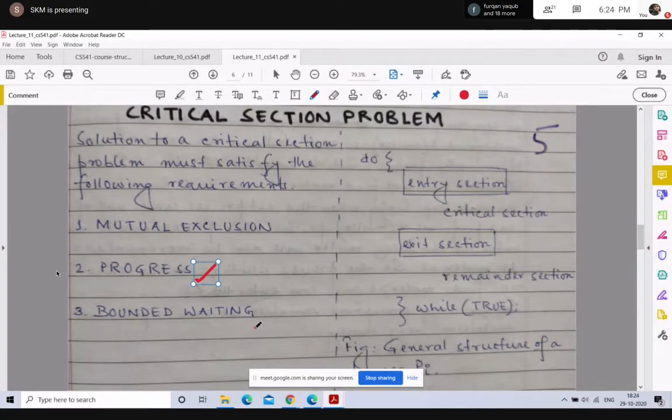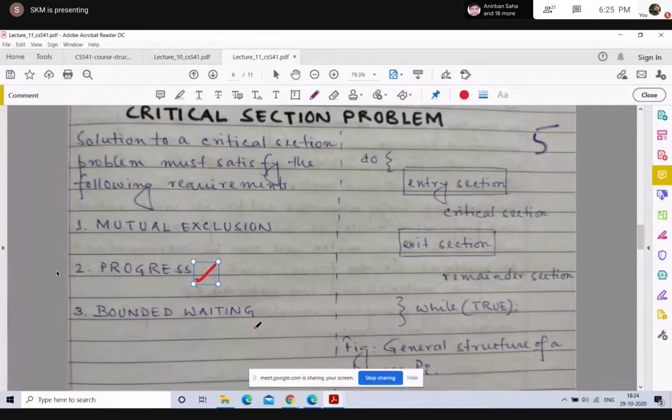Now, what is progress? It is also possible that not all the processes are interested in entering the critical section, but only a subset wants to use it, and the rest do not want to use the critical section at any given instant of time. This can happen.